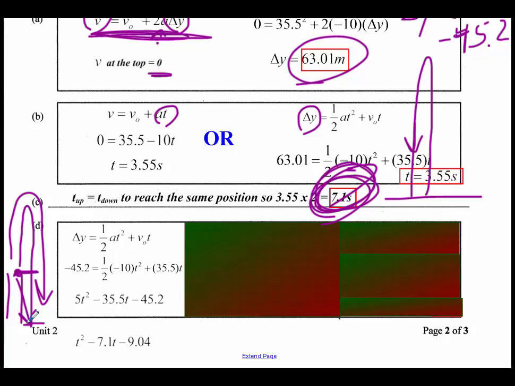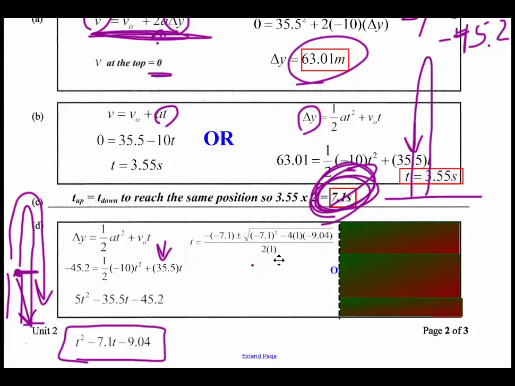So that being said, right, we know our acceleration is negative 10. The initial velocity is still 35.5. So getting us to this portion for the time. Well, hopefully that rings a bell that you have to use the